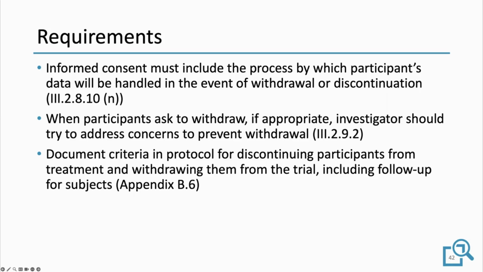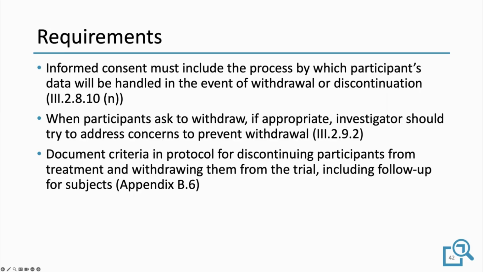So the first one's really obvious, right? The informed consent form must include the process by which participants' data will be handled in the event of withdrawal or discontinuation. The next one, 2.92, is really interesting because although a participant is not obliged to provide a reason